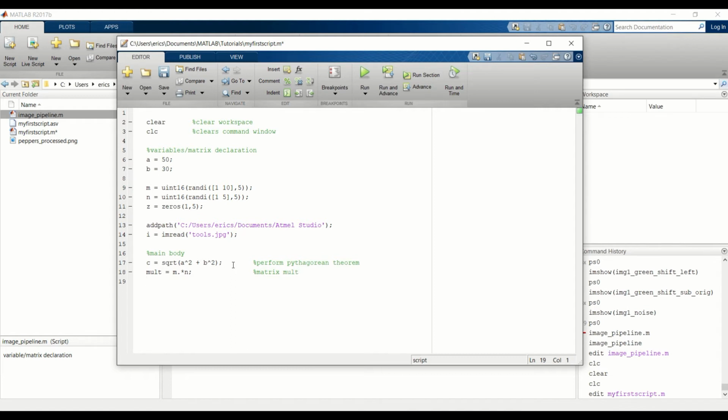Also, don't forget your comments. Then I'm going to find the maximum and minimum value. Find the maximum of M and the minimum value of N. That takes care of the calculations we want to do on our variables and matrices. So next I'm going